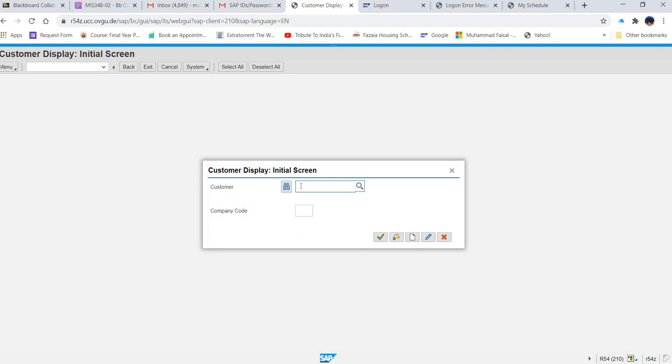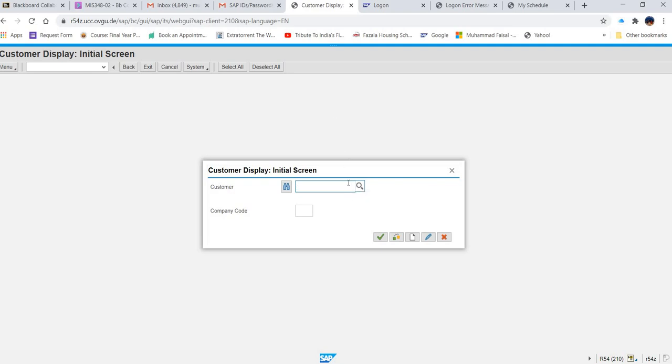So now what data we have to enter in these two fields? Again, you are not going to enter it from your pocket. That data will be given. You will get used to this situation, that all the data will be given to you. So what I will do, I will put here the customer. The data is given that we have to put 1000 as a customer.